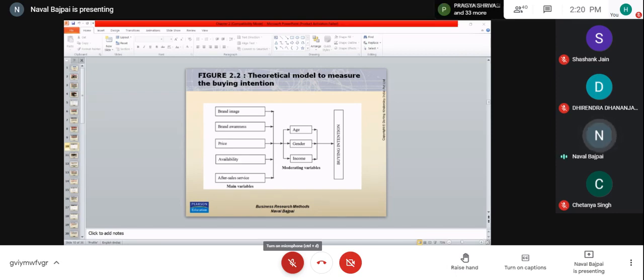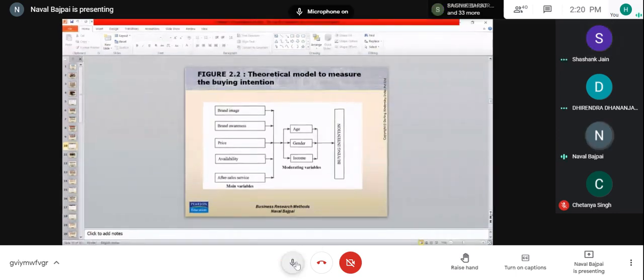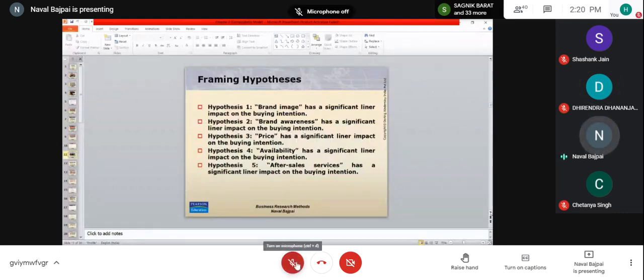So the model we are discussing was the buying model. Is this model visible? Yes, sir. Okay, I'm just moving on. Now, just because we have not taken statistics as a background course, while MBA people have taken it as a background course: hypothesis is an unproven statement. Once I say we are going to frame the hypothesis, that means I'm talking about the population. Hypothesis is framed for the population.